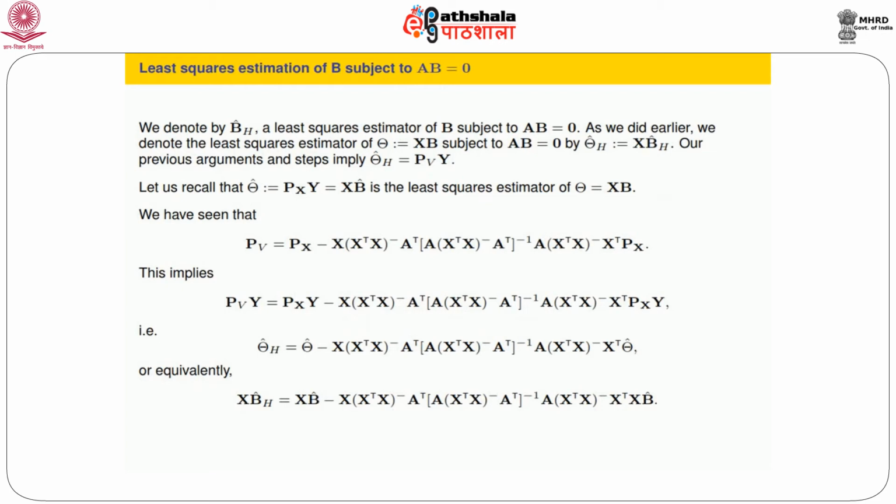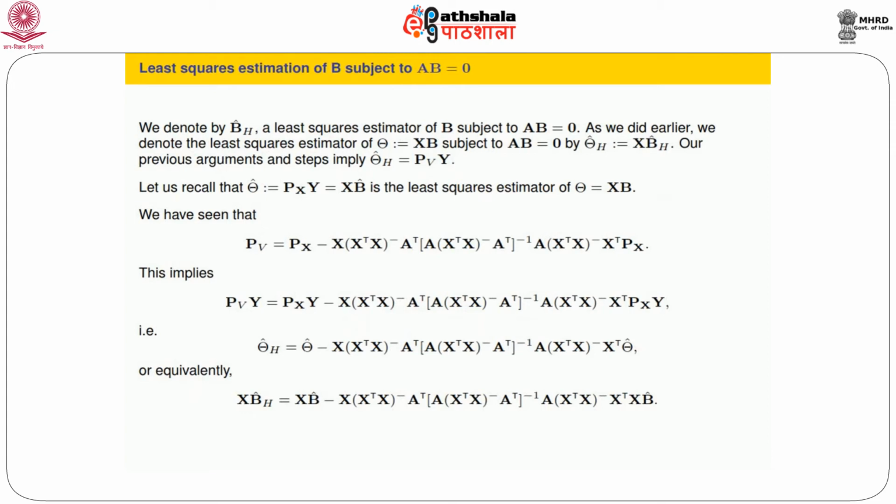Now notice that Px is the orthogonal projection onto the column space of X. So Px of X must be X. Why? Because any column of X, once it is projected onto the column space of X, will go to the same column. And similarly here, because Px of X is equal to X, and Px is symmetric, I shall get here X transpose Px is X transpose. So therefore this expression simplifies to X transpose M transpose A etc.